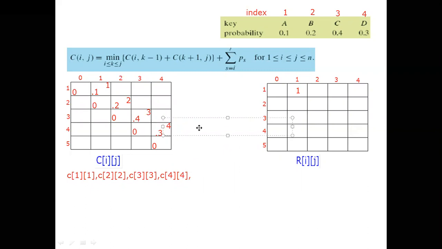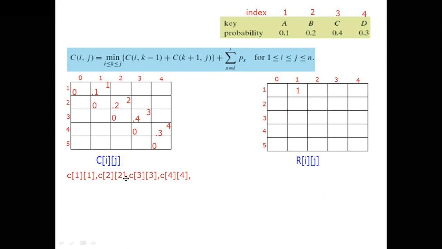I hope up to now it's clear. Next, you may have the doubt that this probability frequency will always be given in the percentage way. No, they can give it in the integer way also. At that time, you have to write this integer value here. And which index are you writing? You have to write the index in the increasing order. That index you have to write here. I hope it's clear.